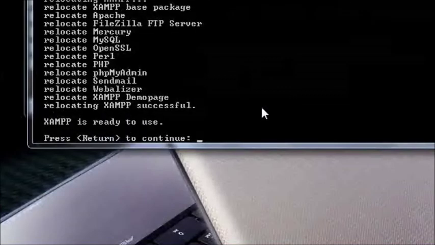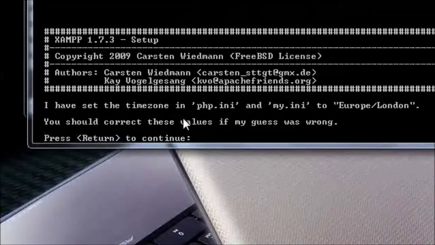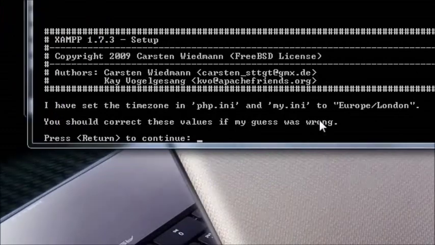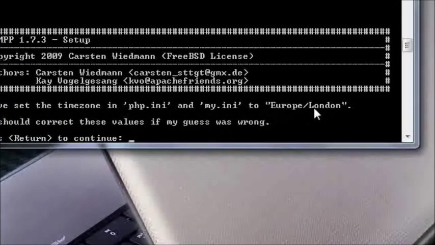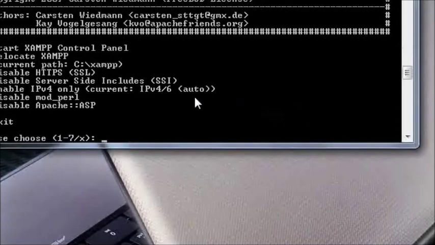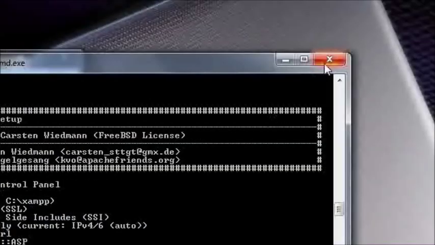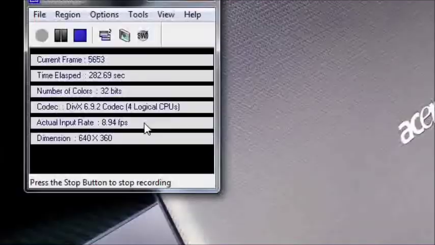Okay, XAMPP is ready to use. Press return to continue. Then XAMPP tells us it's set the time zone, and for me it's still in Europe because I'm in the UK, so we'll press return to continue again. From here we can actually start XAMPP if we want, but I'm going to close this dialog box now and open it up from the desktop,